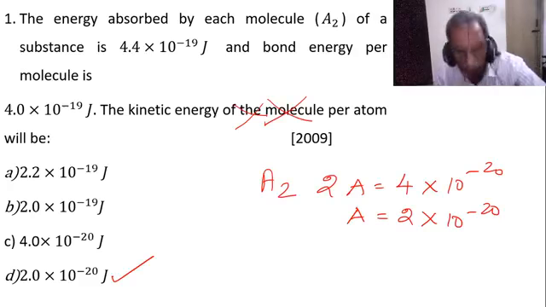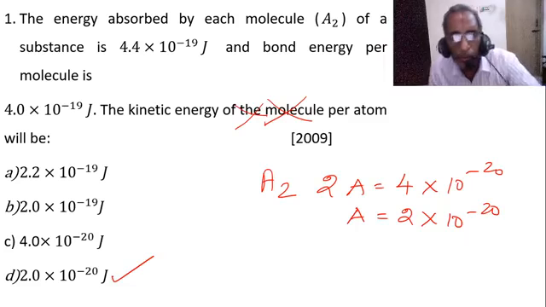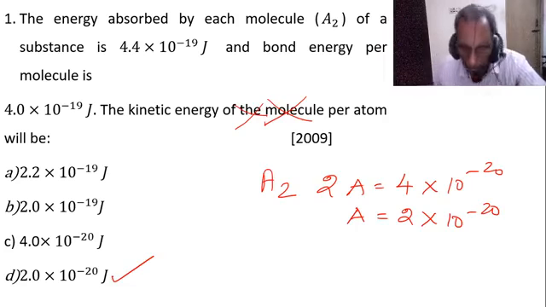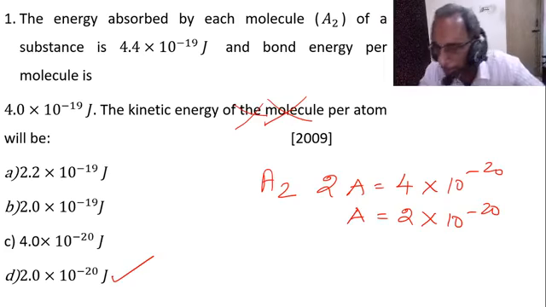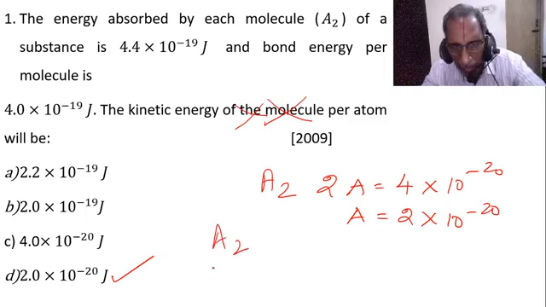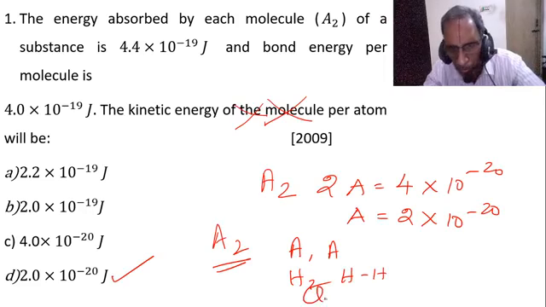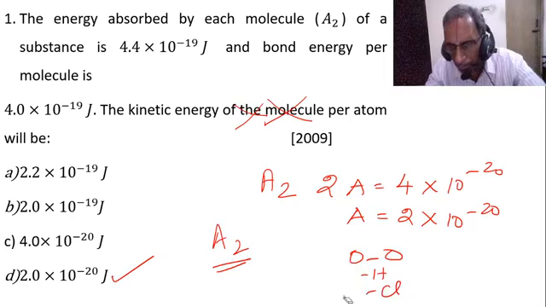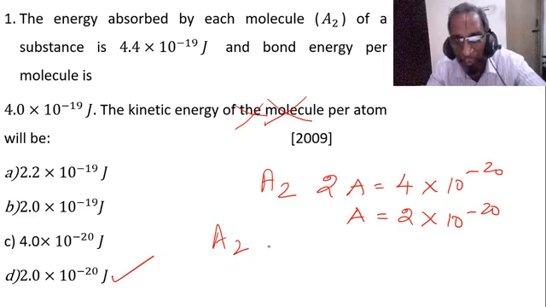Good. Annapan Rajendran, this question is given as: one molecule absorbs some energy. The molecule is given as A2. What is meant by A2? It consists of 2 atoms A and A. For example, H2 consists of 2 hydrogen atoms. Cl2 consists of 2 Cl atoms. O2 consists of 2 oxygen atoms. N2 consists of 2 nitrogen atoms. So any diatomic species containing the same atom is represented as A2.